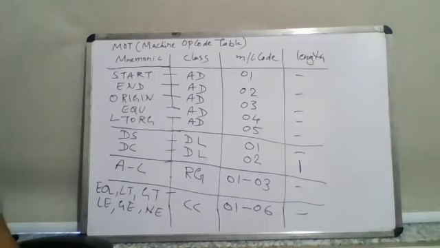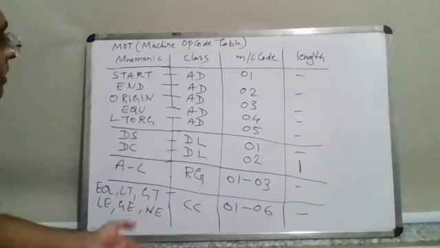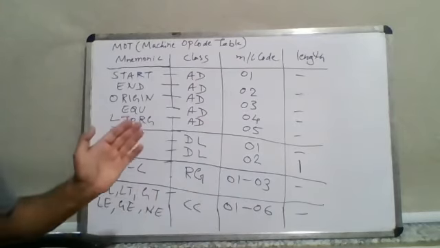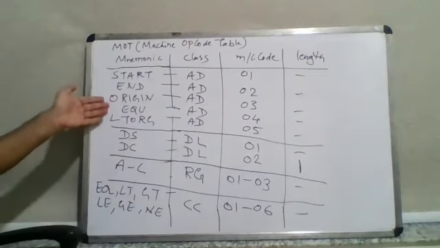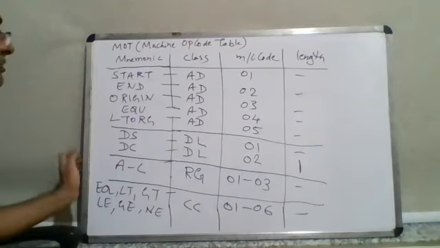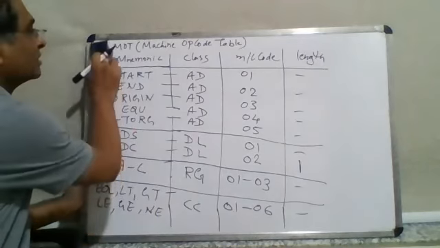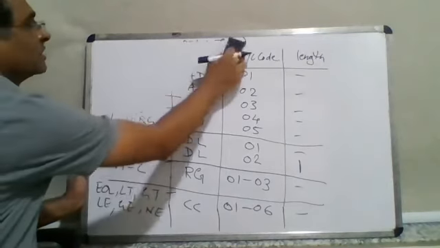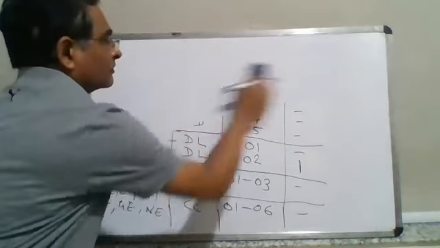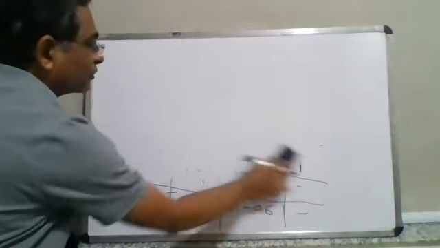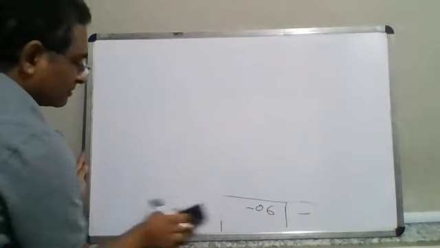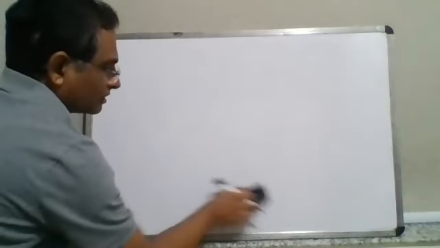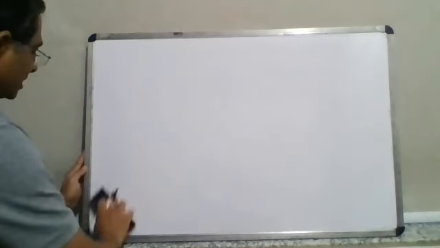Using some examples, I will try to explain to you the advanced assembler directives, and how the data structures could also be affected. But first of all, we should understand what origin, equate, LTORG, and so on are. So we'll take that example and then go ahead with some other things to follow. I hope you are getting this. Please remember this MO table, keep it handy with you, so that in the subsequent examples, it will be required for you. That's why I'm saying just keep it handy with you.